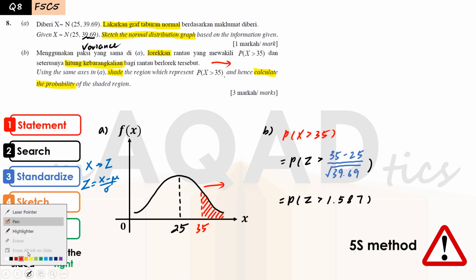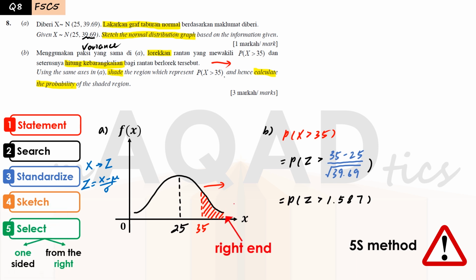Right? So from the right end of the graph, which is here, I can sketch the area also, right? Because it is connected from the right end. Okay, so we have also satisfied the second criteria. So this shaded region is eligible, and we are going to use this z value to find the probability using